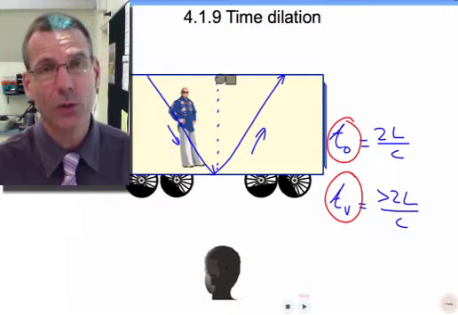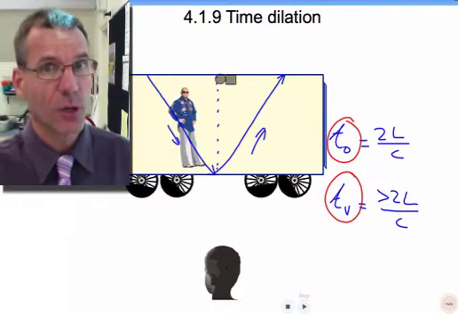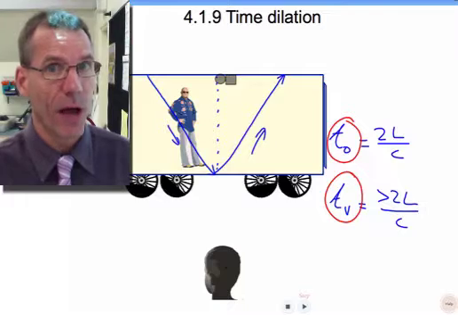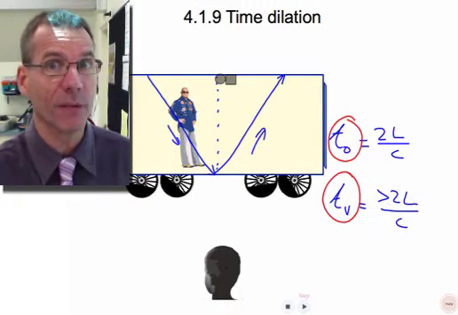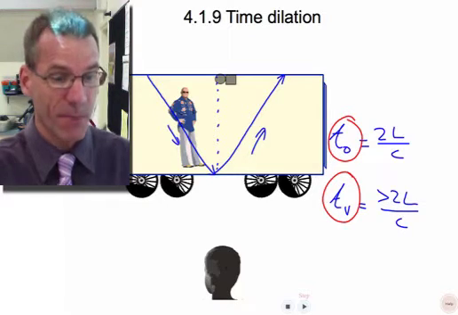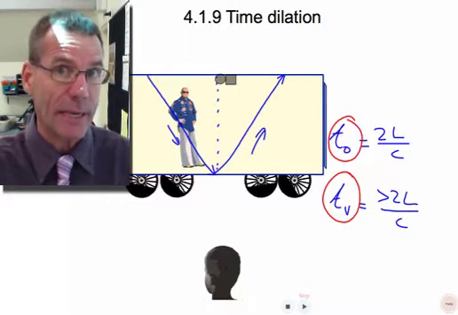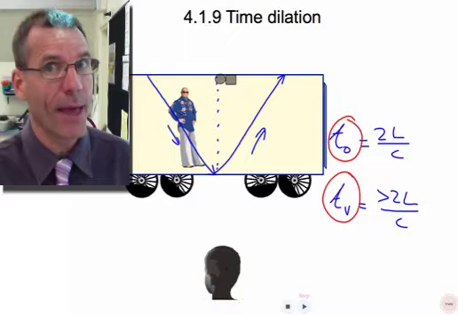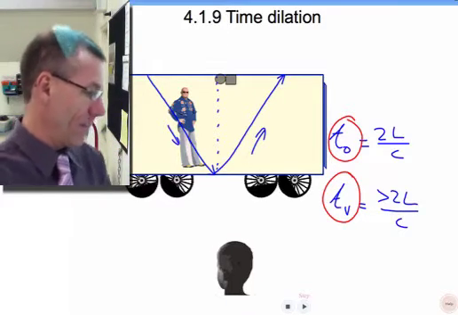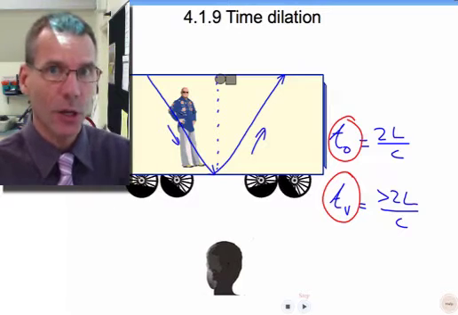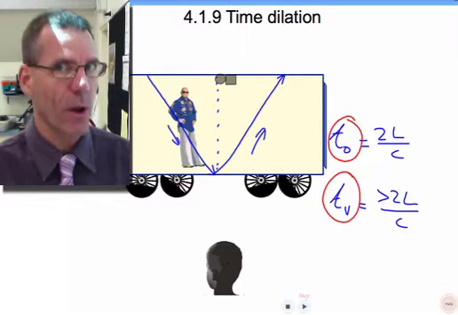All right, in part one, we looked qualitatively at the implication for time of the constancy of speed of light, and what we discovered was that t0 cannot possibly be the same number as tv. In other words, the two observers are going to measure the time interval for that clock to tick, and they are not going to agree upon how long it took. The person on the platform is going to look at the clock, and they're going to think that the clock is running slow.